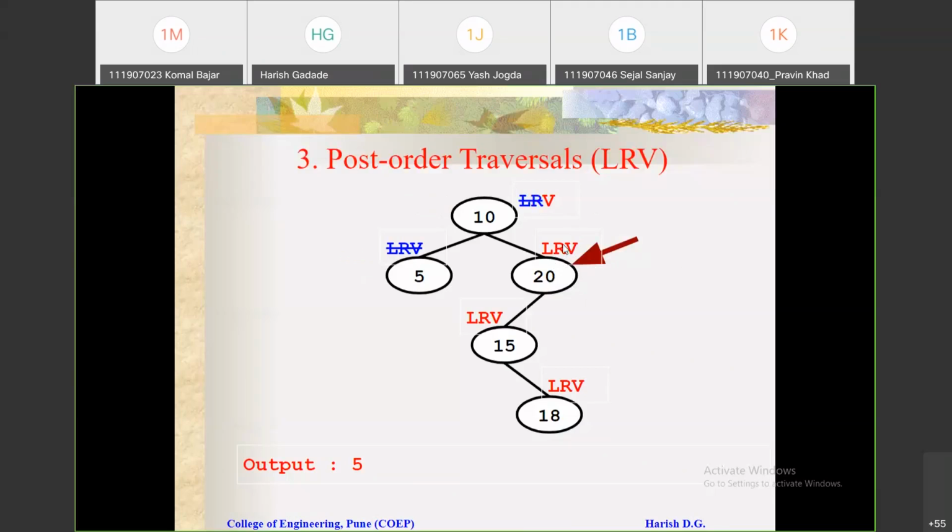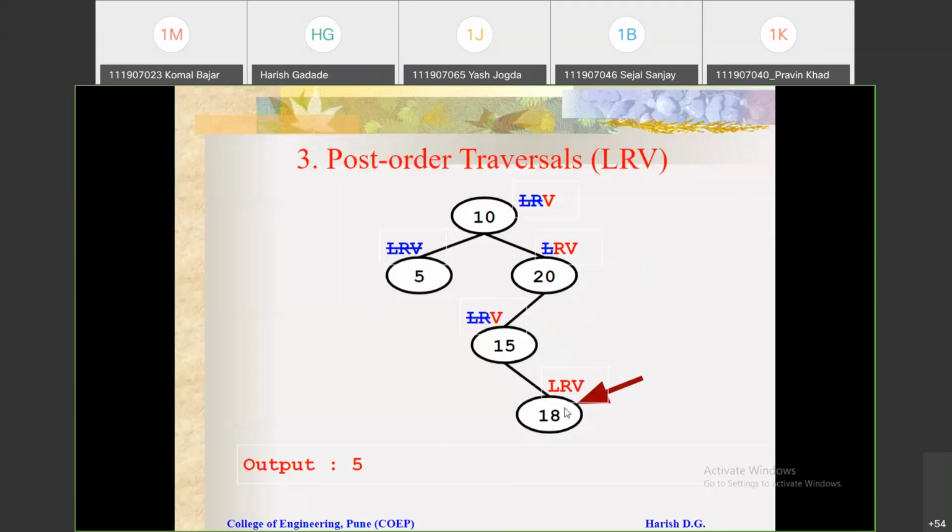Again here 3 steps. So move towards left. So after completing this left steps, that pointer will come at 15. So you can see here that pointer is at 15 and completed this left step. Again here 3 steps are there. So first step is left. So actually there is no left. So simply complete this step. So we have completed. Again next step is move towards right. So there is right. So that pointer will come to this 18 after completing the third step.